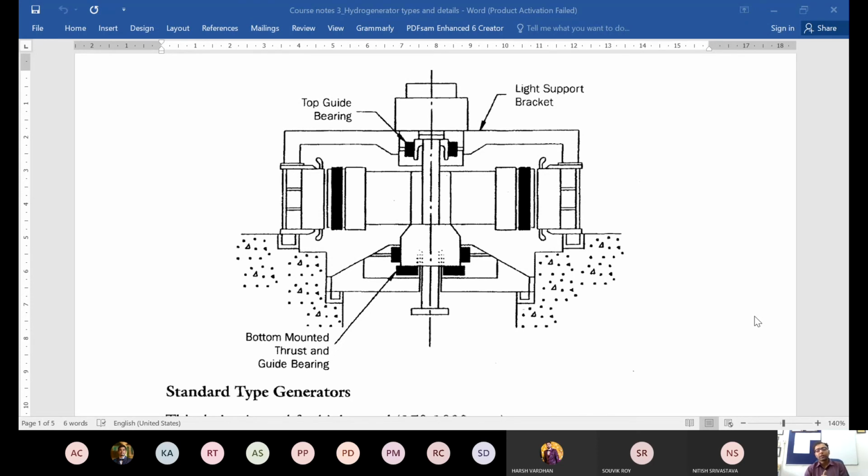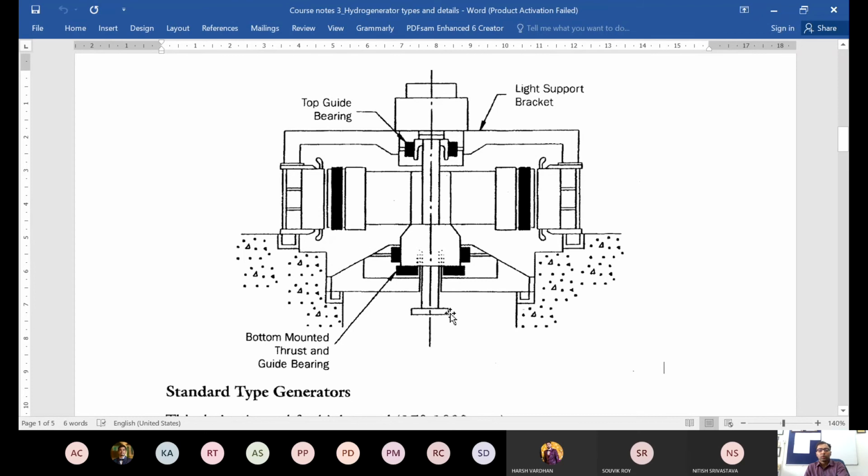But the idea was that this guide or thrust bearing was probably weakened, or whatever the reason. The thrust which the machine experienced was not held by the guide bearing, and that machine got sort of uprooted. It went up outside its encasing, and there was an accident and some casualty. So this is a very critical thing. In the operation of a hydro generator, there will be a very significant thrust which this generator will experience. So these two guide bearings which we place at the bottom and the top have this critical function of keeping it in place.